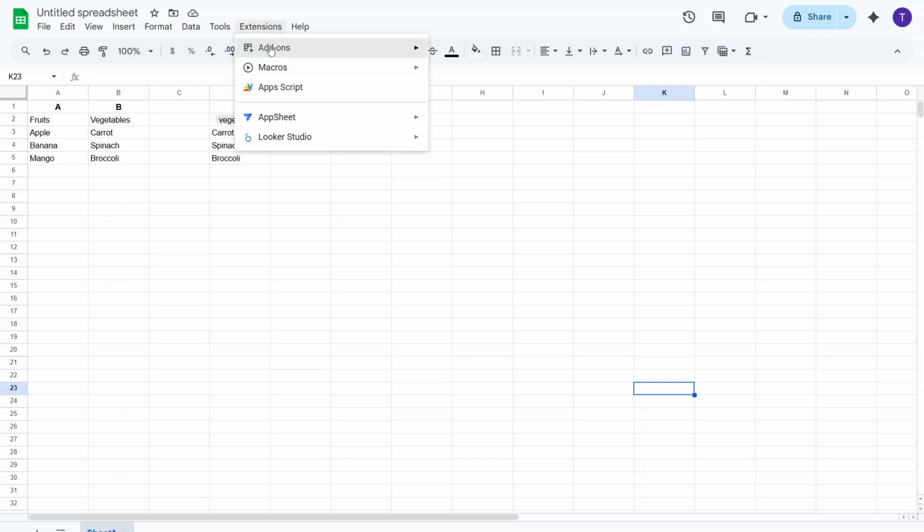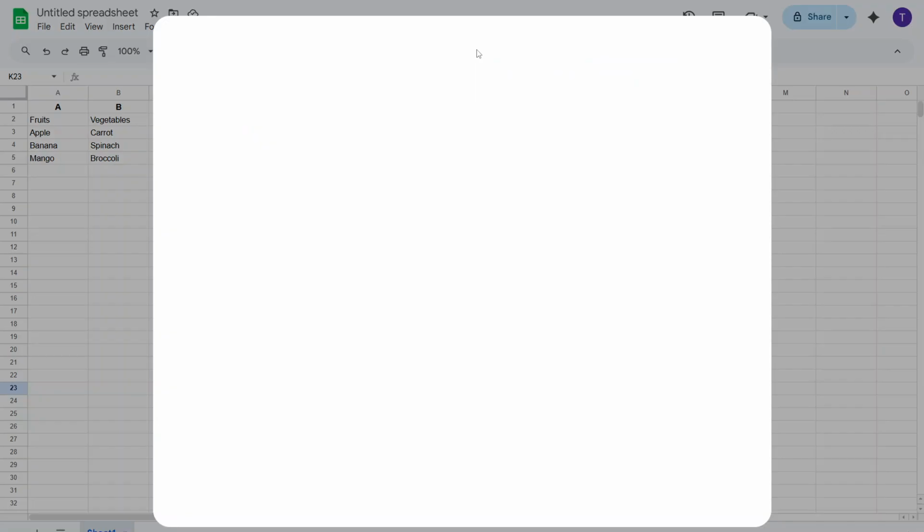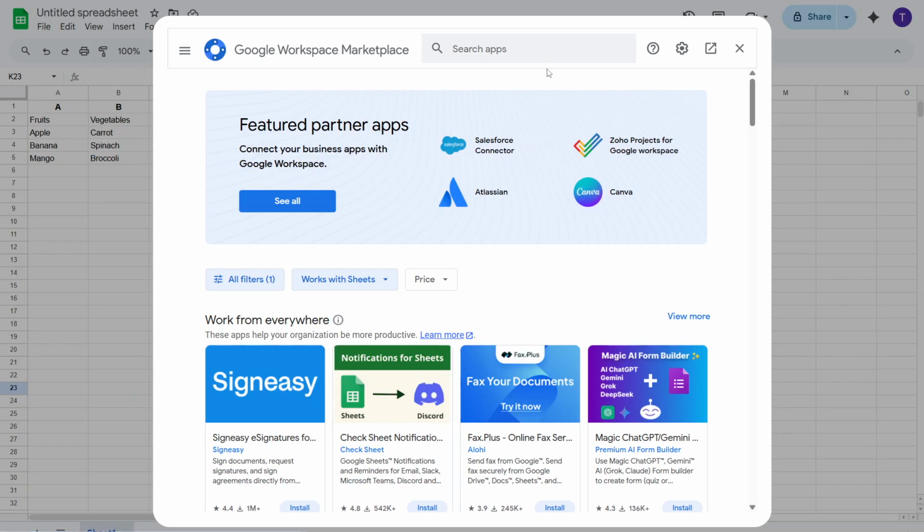On the top menu, you'll see a series of options, but what we're looking for is the one labeled Extensions. Go ahead and click on Extensions. A drop-down menu will immediately appear. From this list, move your cursor to Add-ons, which will extend another menu to the side. Click on Get Add-ons. This will redirect you to the Google Workspace Marketplace. This is essentially a hub of various add-ons and tools that can integrate directly with your Google Sheets to enhance its capabilities. Next, in the search bar at the top of the Google Workspace Marketplace page, type Lucidchart and hit